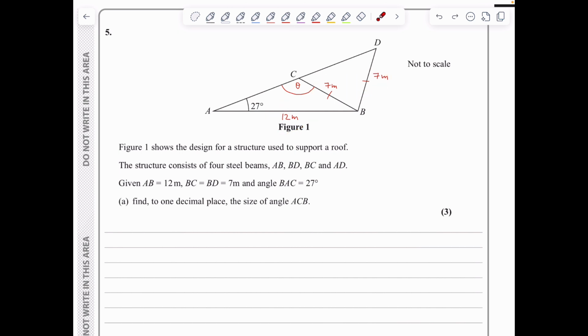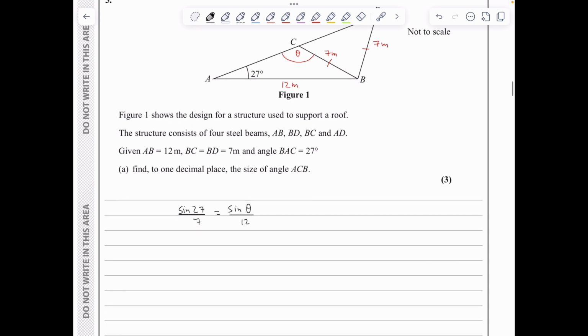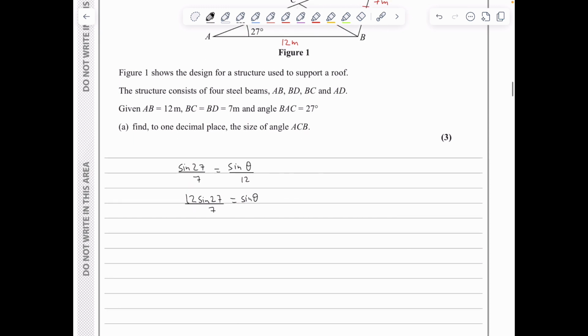And I will be using the sine rule. So we've got that sine of 27 over 7 is equal to sine theta over 12. We will cross multiply to get that 12 sine 27 divided by 7 is equal to sine theta. And if I do shift sine of the left hand side, we arrive at theta is